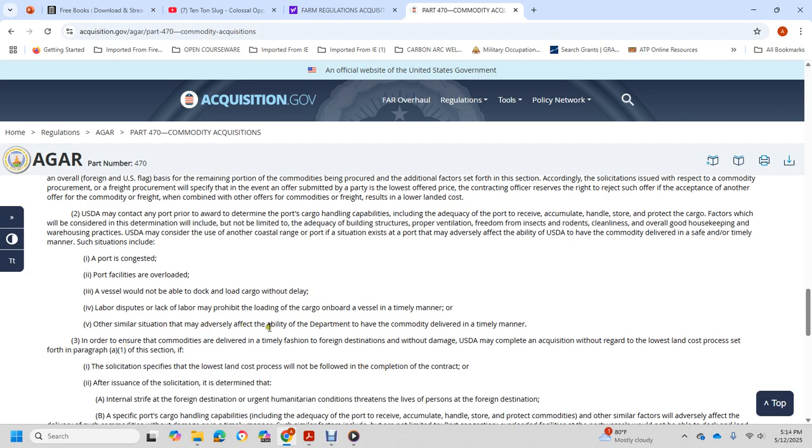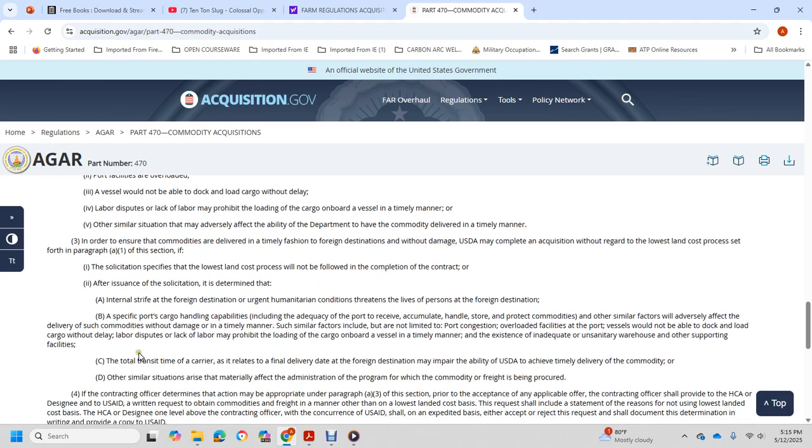Other similar situations adversely affect the ability of the department to have commodities delivered in a timely manner, in order to ensure the commodity is delivered in timely fashion to the foreign destination without damage. USDA may complete the acquisition without regard to the lowest landed cost process set forth in paragraph (a)(1) of this section, specified with the lowest landed cost process not followed with the completion of the contract after issuance of